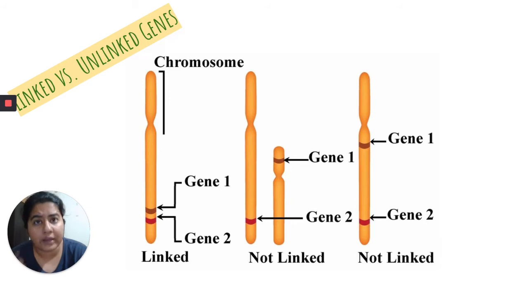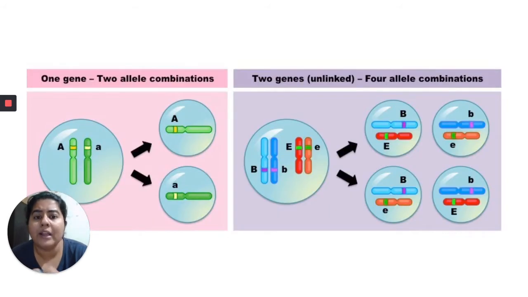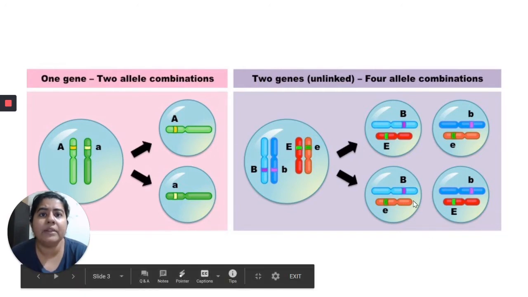Now coming to our dihybrid cross. In our dihybrid cross, the possibility of 4 different types of gametes is only when the two characteristics, or the two genes that we are studying, are on two different chromosomes, and that too two non-homologous chromosomes. If they are on the same chromosome, then there may be linkage, and instead of getting 4 different types of gametes, we may get 3 or 2 different types.